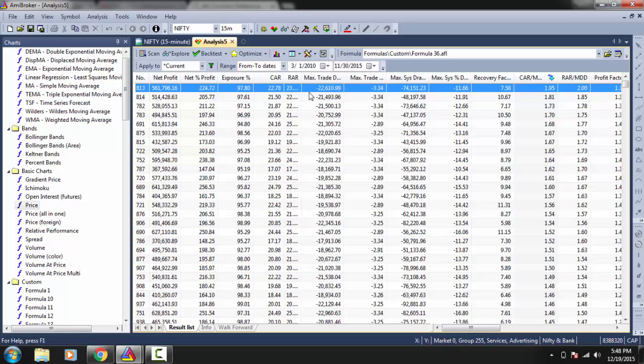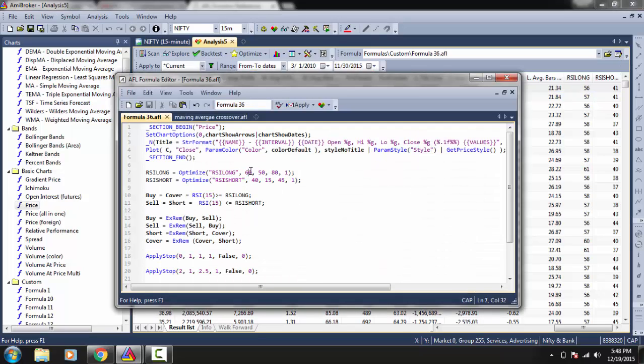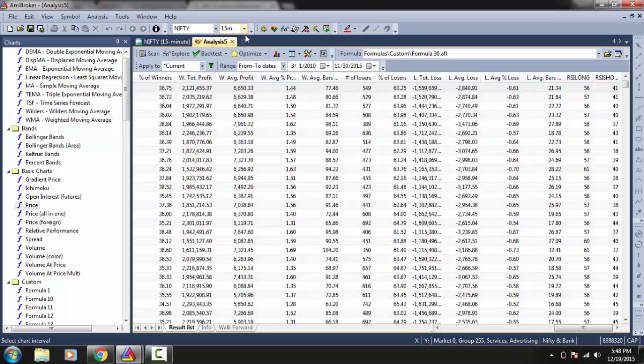So let's just change these values to the best optimized value that is there, that is 56 and 41. Edit. You can change the default values that were there, 56 and 41,